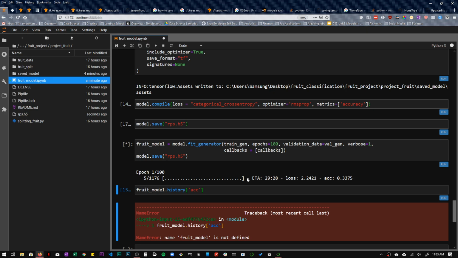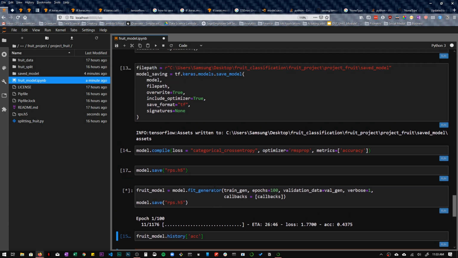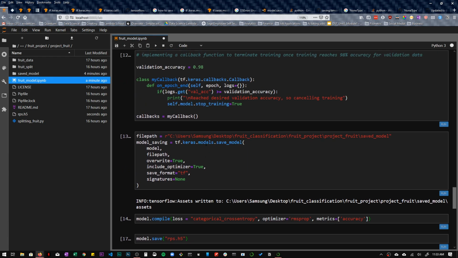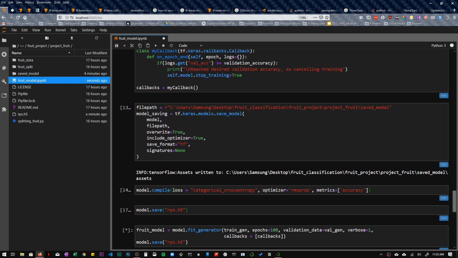So that's basically it. This live stream was mostly focused on doing a couple of things. One, implementing a callback function to stop training once we reach 98% accuracy on the validation data, and also figure out a way to save the model so that next time when I'm working on this project, I can just use the saved model instead of training all over again.